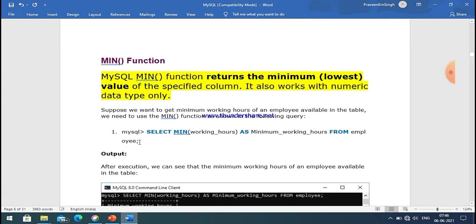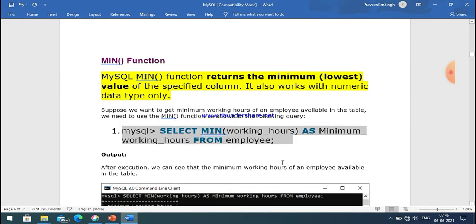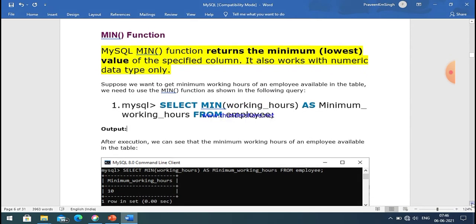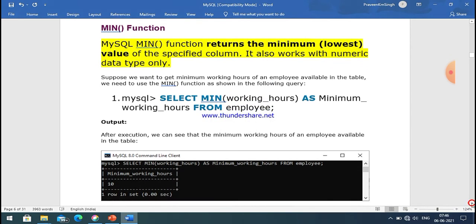For example, if you want to know the minimum salary of a particular table, say employee, where the column name is salary, then you can use the min function to perform this task.